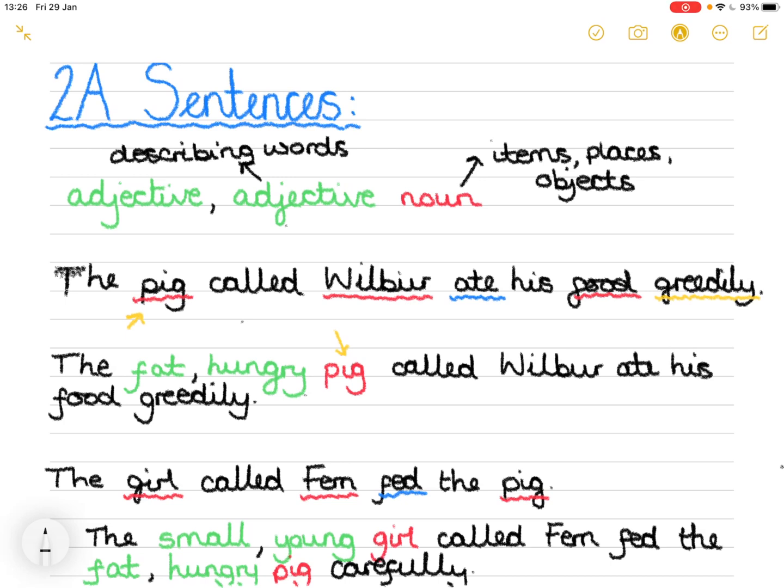Okay, so that is a much higher level sentence. And we've used our 2A sentences, and we've also used